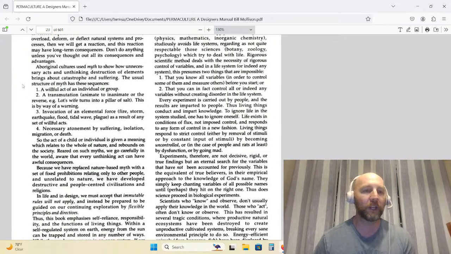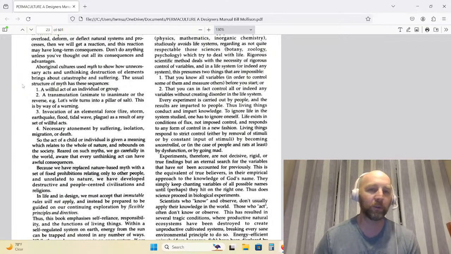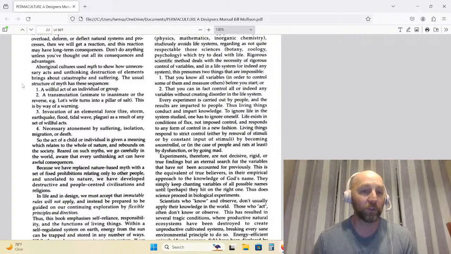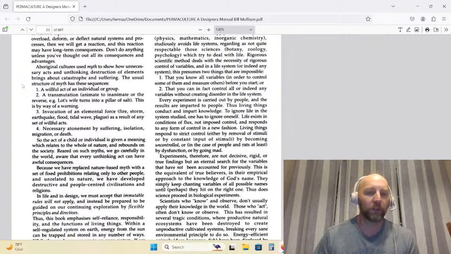3. Invocation of an elemental force, fire, storm, earthquake, flood, tidal wave, plague, as a result of any set of willful acts. 4. Necessary atonement by suffering, isolation, migration, or death. So, the act of a child or individual is given a meaning which relates to the whole of nature, and rebounds on the society. Reared on such myths, we go carefully in the world, aware that every unthinking act can